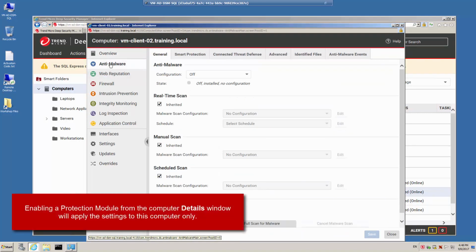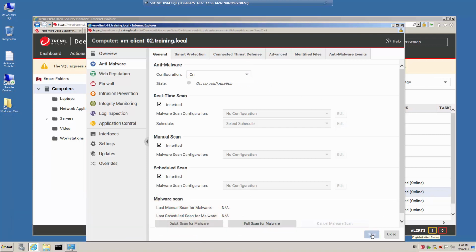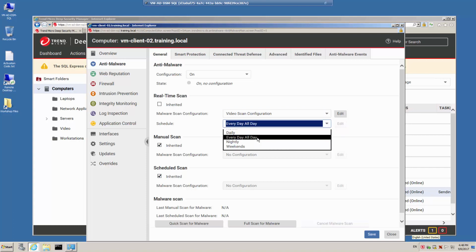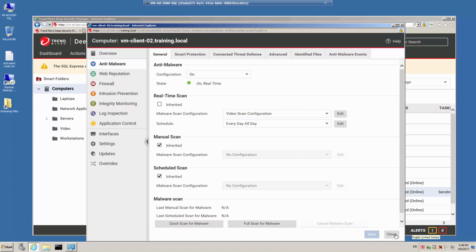Select the Antimalware Protection module in the left-hand pane and turn the Antimalware Protection module on and click Save. So you'll notice the state is on, but no configuration has been assigned yet. So under Real-Time Scan, I'm going to disable Inherited, and I'm going to select my video scan configuration, and I'm going to select a schedule to say this scan is going to be run every day, all day. Click Save, click Close,